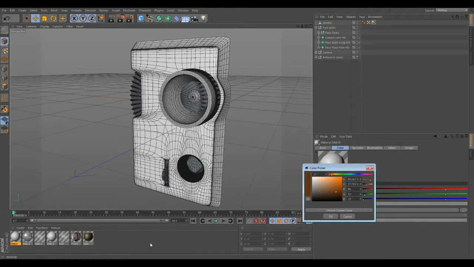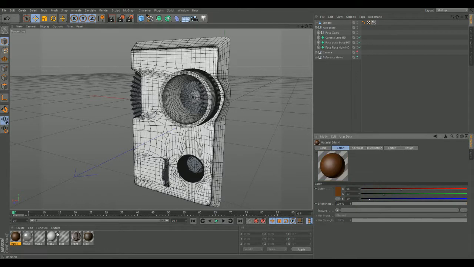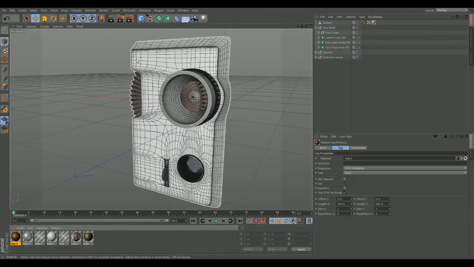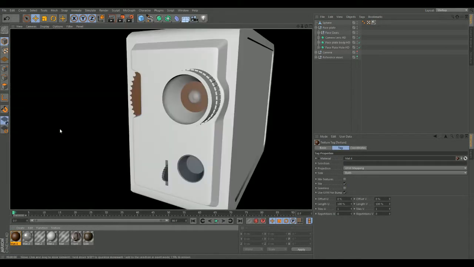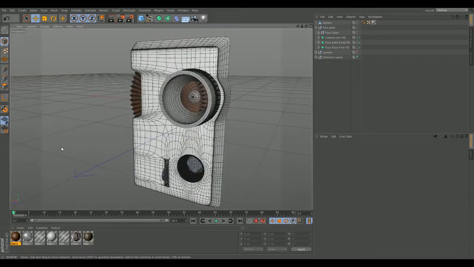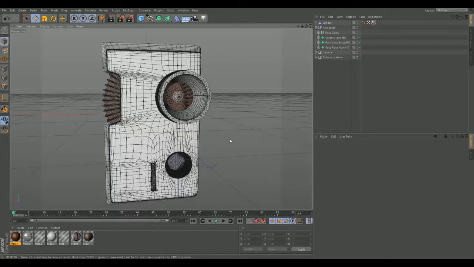There we go. Nice brown shader. So we'll make this into a brown. That. There we go. That's already working out pretty good with that lens. It kind of makes it look like it's a lens there. All right, cool. So now let's go ahead and